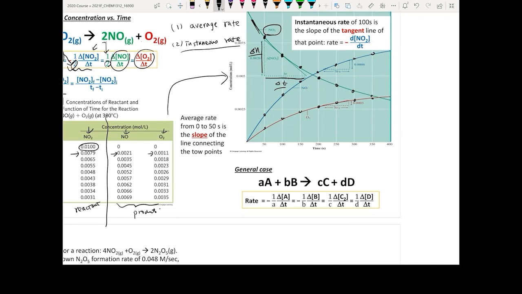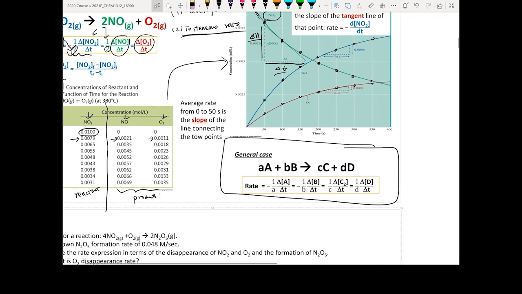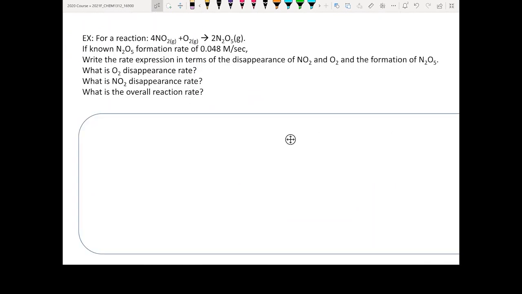We are going to use this concept later on, but that's pretty much all the things you need to know on this plot. So if you go to the next slide, for a chemical reaction, 4NO2 plus O2 become N2O5. If the known N2O5 formation rate is 0.048 M per second,